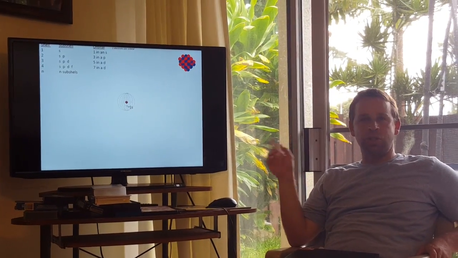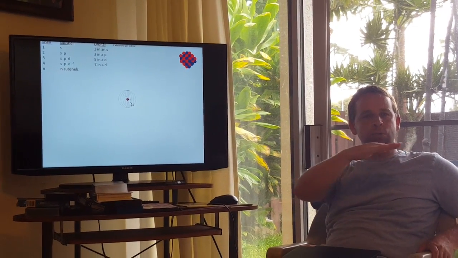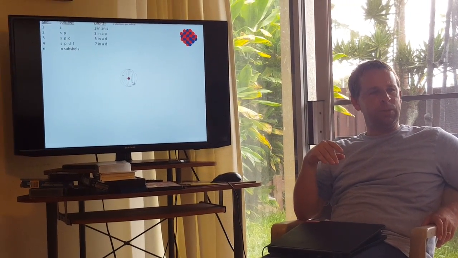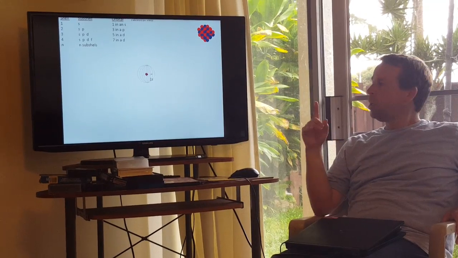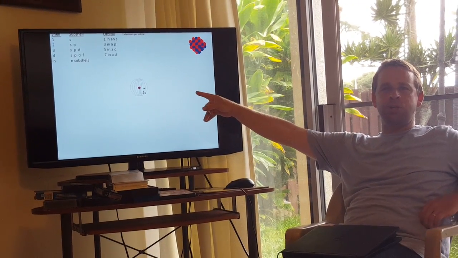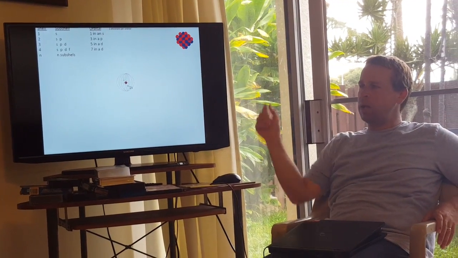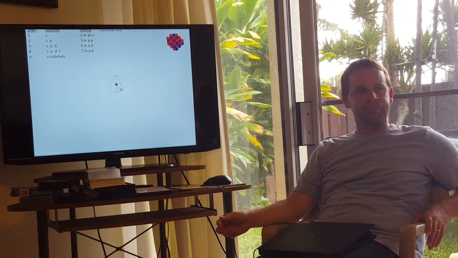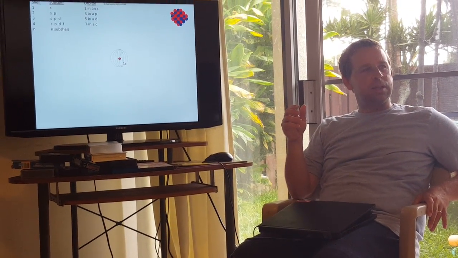This first shell is the first row in the periodic table. Can you see the first row in the periodic table? Look at the hydrogen. The first electron was hydrogen. The second electron was what? Helium. Helium. Yes. The next